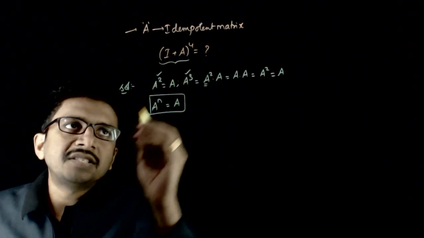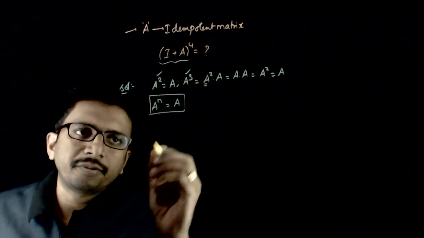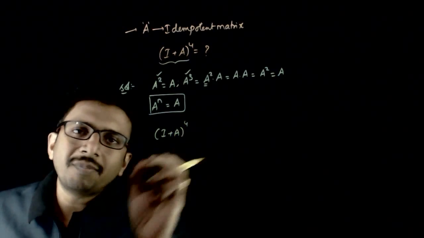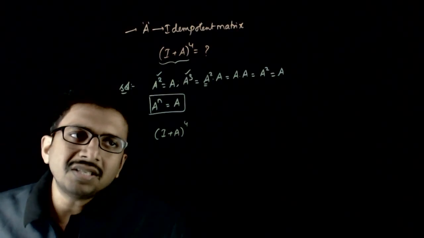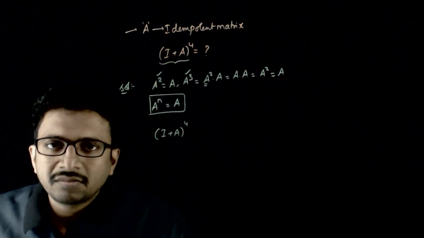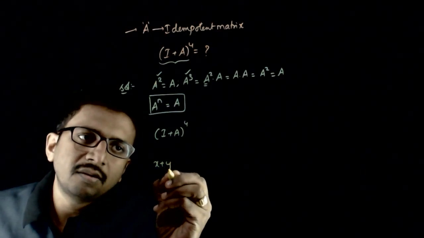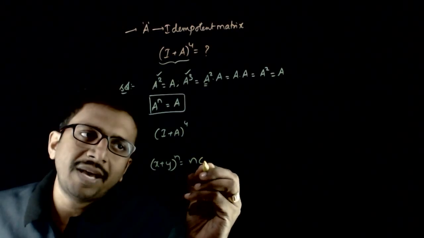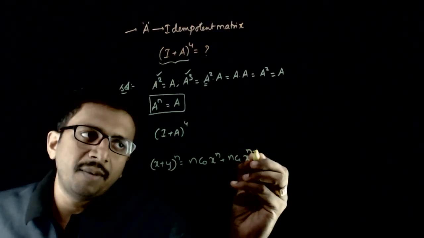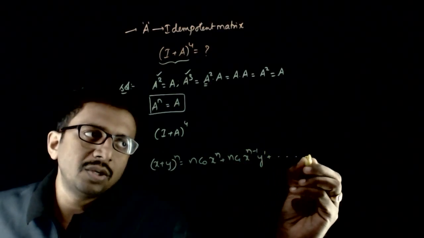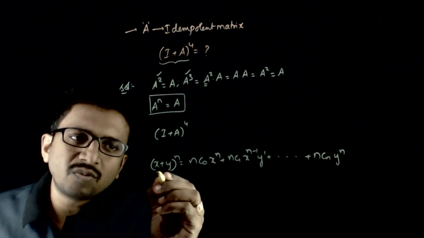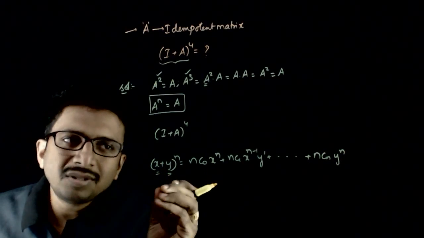Now in this question, you are asked to find (I + A) whole power 4. So this looks like a binomial expansion. The question is, can I use the binomial expansion for matrices? We know (x + y)^n is equal to nC0 x^n plus nC1 x^(n-1) y plus and so on up to nCn y^n. So we know that binomial expansion is valid for numbers. Can I use the binomial expansion for